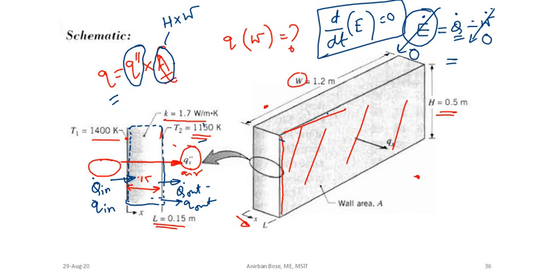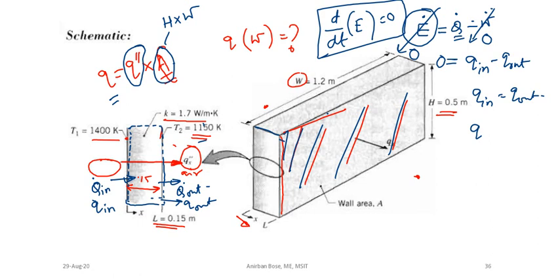So net rate of heat interaction over this system is equal to 0. So net rate of heat interaction contributes to what? That is Q in minus Q out, because there is no other work interaction present. So it is clear that Q in and Q out are the same. And along with that you can see that the cross sectional area is also not changing, right? If the cross sectional area is not changing, then definitely we can say the heat flux along that direction is also constant, because what is coming in at that direction, the same thing is going out in that direction.